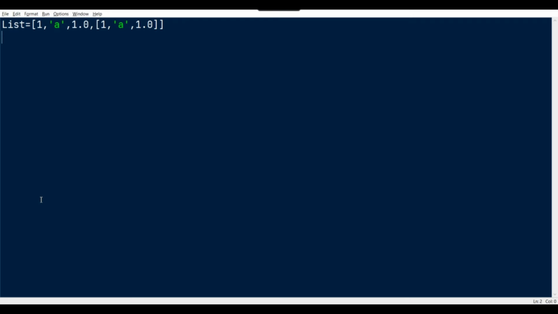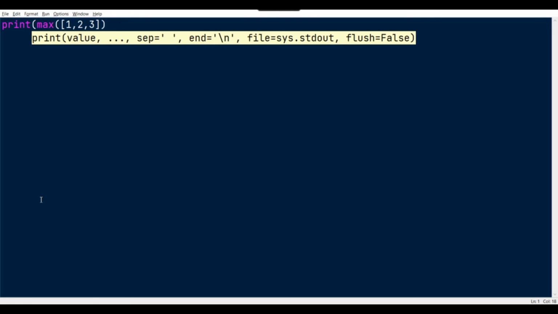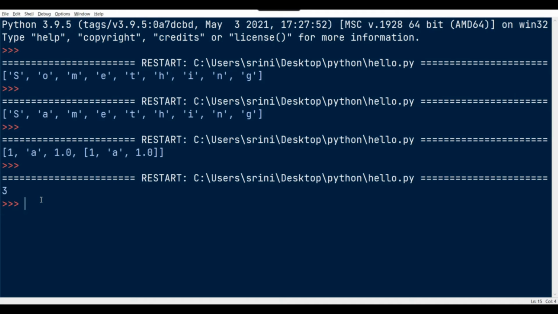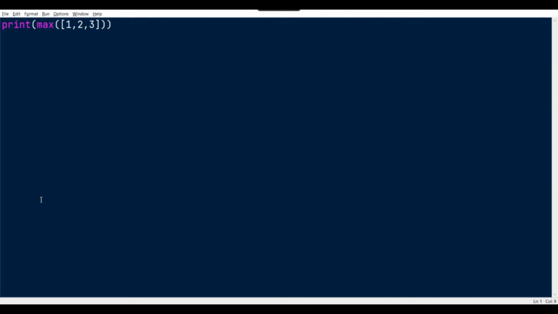So what are the operations or additional things that we have in a list? We can find the maximum element of a list just by using the max keyword, max of. And like a string we just need this representation, but instead of double quotes we put square brackets. This is nothing but the representation of a list. So if I specify 1 2 3, we can get the max, which is 3, and likewise we can get the minimum and the total length.